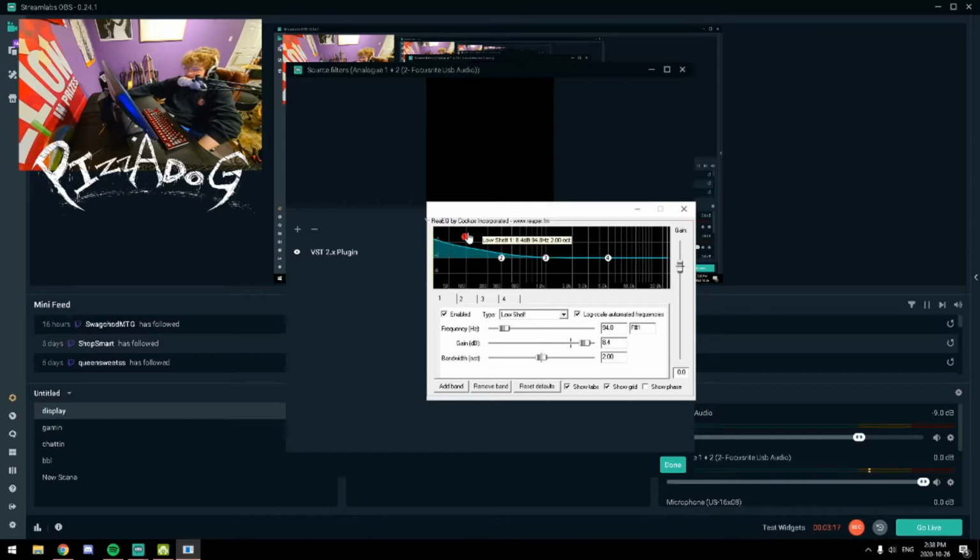But this side, the left side here, is the low end, and the other side is the high end. So since I'm a boy and I want to feel like a big man, I like my voice to sound deep, so I'm going to boost the low end. I like to cut around 3 to 500 here. This is a bad frequency for my voice, probably a lot of people's voices. I don't really know. Keep this a little bit low, and then I like to bring up the highs about